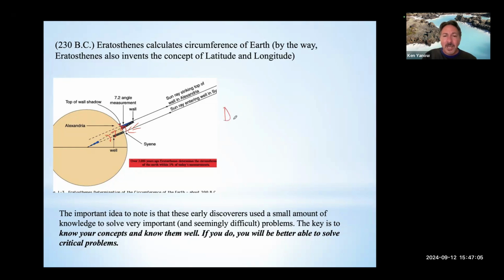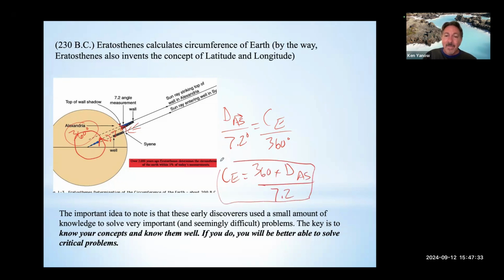And so distance from Alexandria to Syene divided by 7.2 degrees equals the circumference of the Earth divided by 360 degrees. So it's just a simple ratio. And if we solve this ratio for circumference of the Earth, CE equals 360 times the distance of Alexandria to Syene over 7.2 degrees. This was the equation that Aristophanes used, and it was really, really close to what the